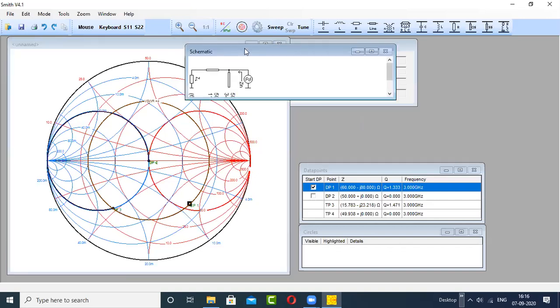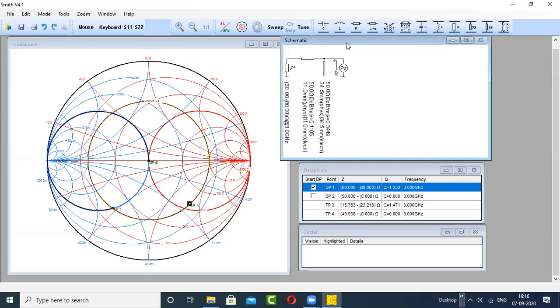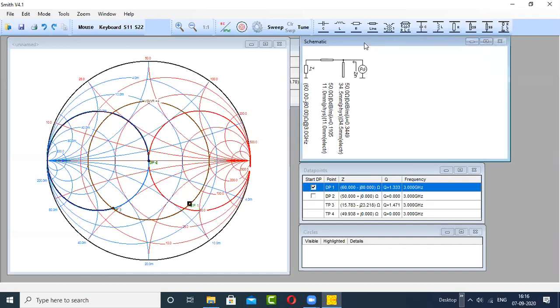So this becomes the length of the stub. It is 0.35 lambda meter. It's very big, but it's okay. Now you cross check your answer. If you have worked with this figure of the impedance, then your answer should be this only. The location of the stub along the transmission line is 0.111 lambda meter, and the length of the stub is 0.35 lambda meter.